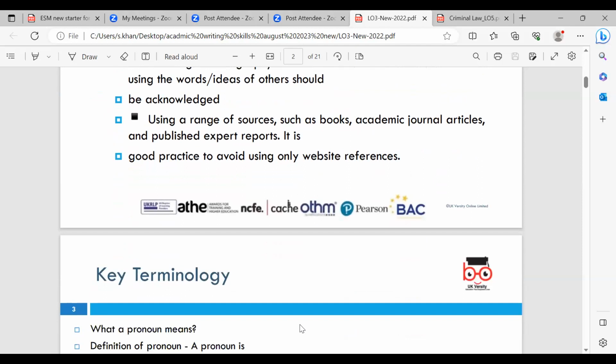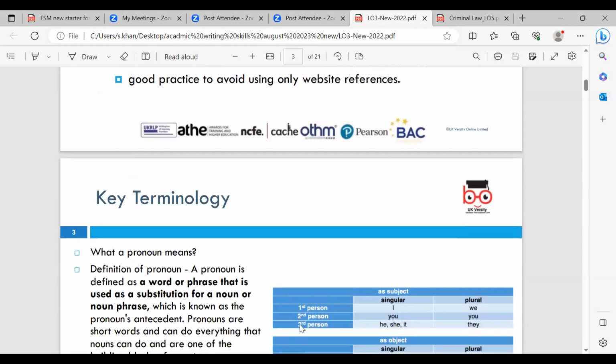Because if you rely on things like Wikipedia, do you think everything on Wikipedia is true? No, because you and I can add, can't we? We can put things onto Wikipedia. So everything is not true on Wikipedia. So make sure you've got an authentic website and you're using sources to reference your work, because it's so important.